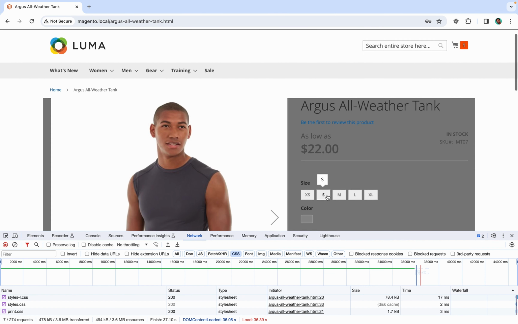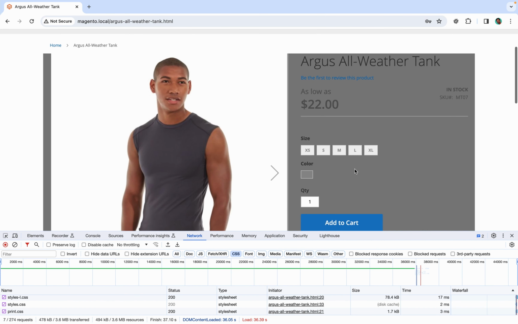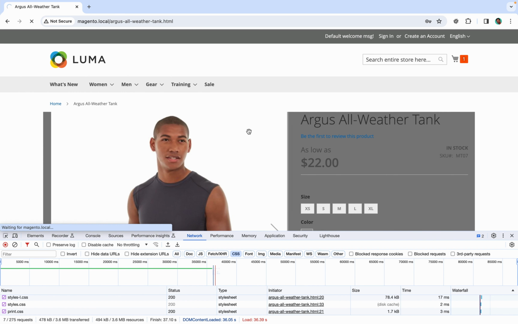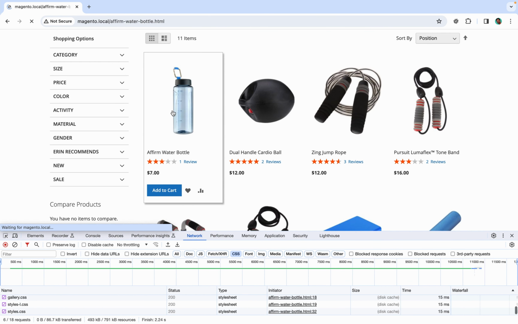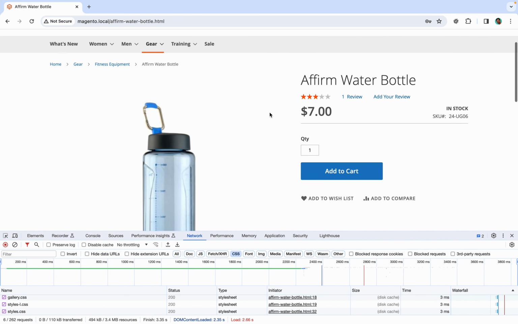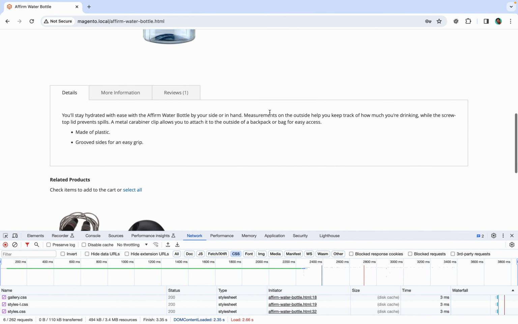Now you can see this is a configurable product where our CSS file is applied, which is good. Now let's try to find a product which is not configurable and check whether this CSS file is removed from that page or not. So you can see this is a simple product and there is no gray background color on this page. So we have achieved some further improvement by moving the CSS file to a specific product type page.